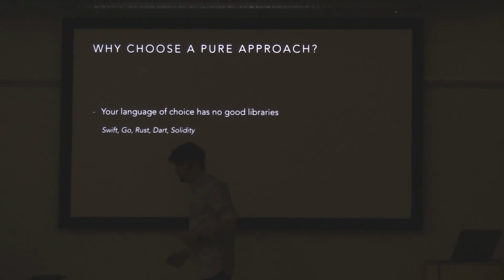There are two reasons. One reason is that maybe your language of choice, like in our iOS case, has no dependency injection libraries or frameworks at all, or they are in their beginnings and cannot be compared with Java, for example. And we see that new languages don't stop appearing, with no established user base, with no decades of community. These are Swift, Rust, Dart, Go, Solidity. And the second reason is that maybe you don't want this invasive dependency in your code. Maybe it's not a good idea.